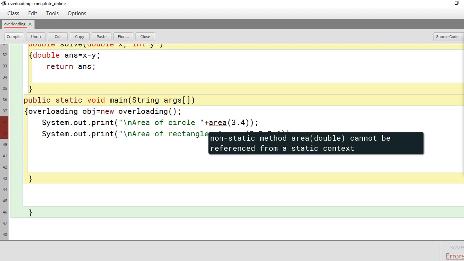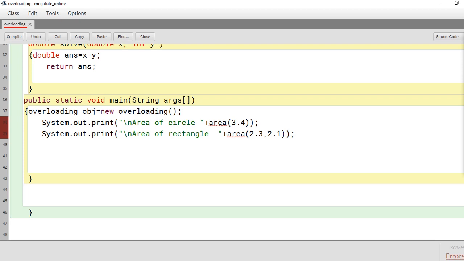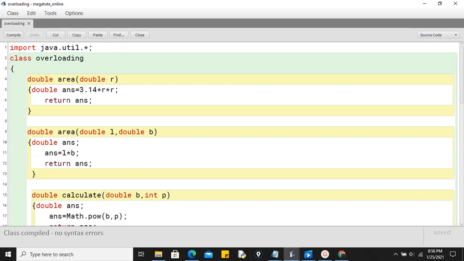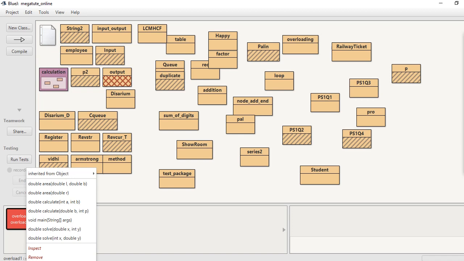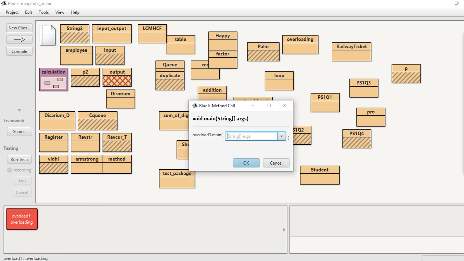So when I compile, it says non-static. Okay. So I just remove this static word from here. Okay. So it compiles without error. Now I'll run it. So I'll go to the BlueJ screen and the function overloading. Yeah, here it is. I'll run it. Create an object and I'll call the main. There are a lot of functions which I've already typed. So when I call the main,